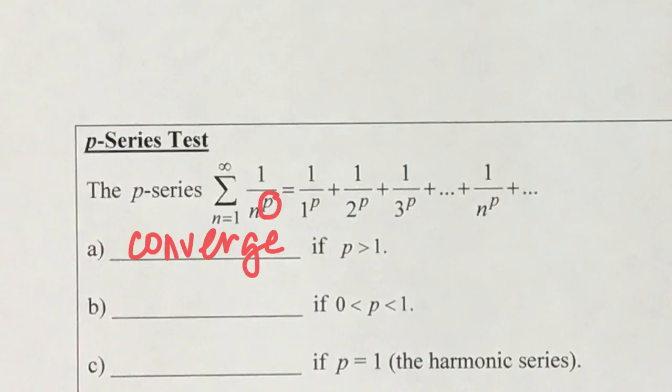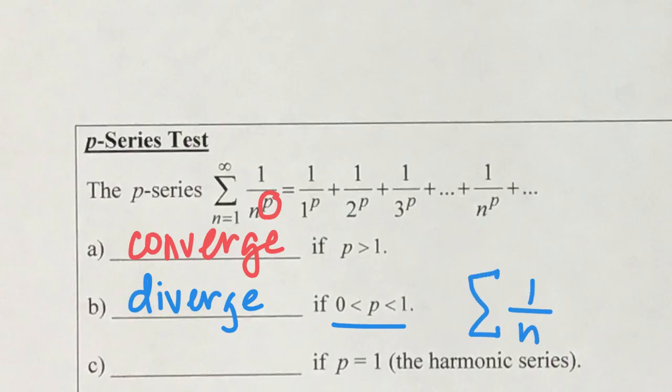What about if we had a fractional power between 0 and 1? What do you think? This is going to diverge. Because as you take the square roots, they get to be, well, 1 over those, and we add them all up, and we get something that doesn't go to a single number. And then if p equals 1, so 1 over n,